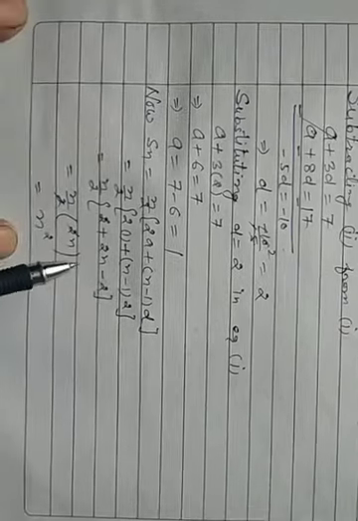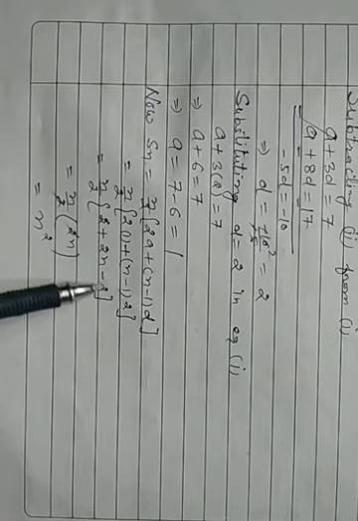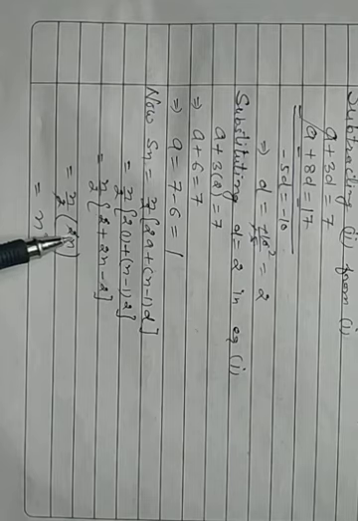2n minus 2 ones are 2. Now it is plus 2 minus 2, which cancel to 0. So n by 2 into 2n. The 2s cancel, n into n, n square. So the sum of n terms is n square in this AP. इस AP के अंदर जो n terms का sum है that is n square.